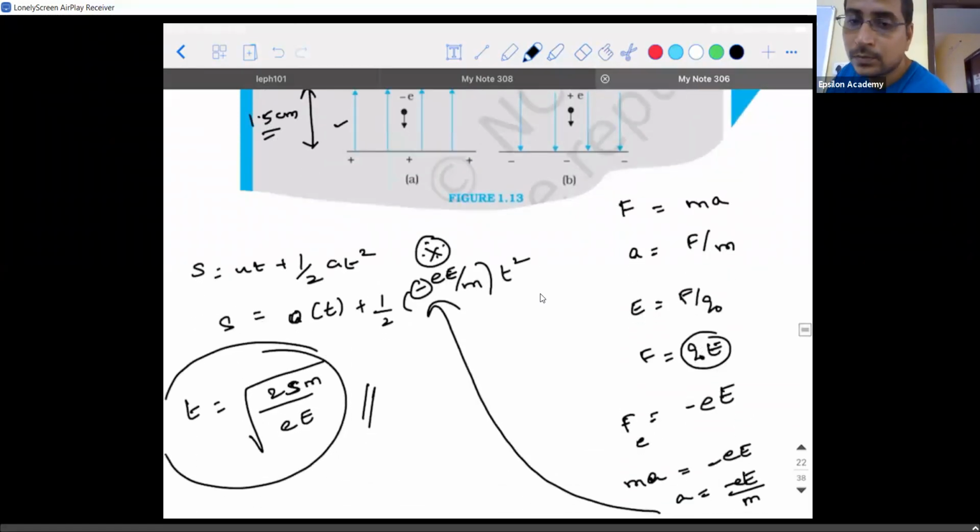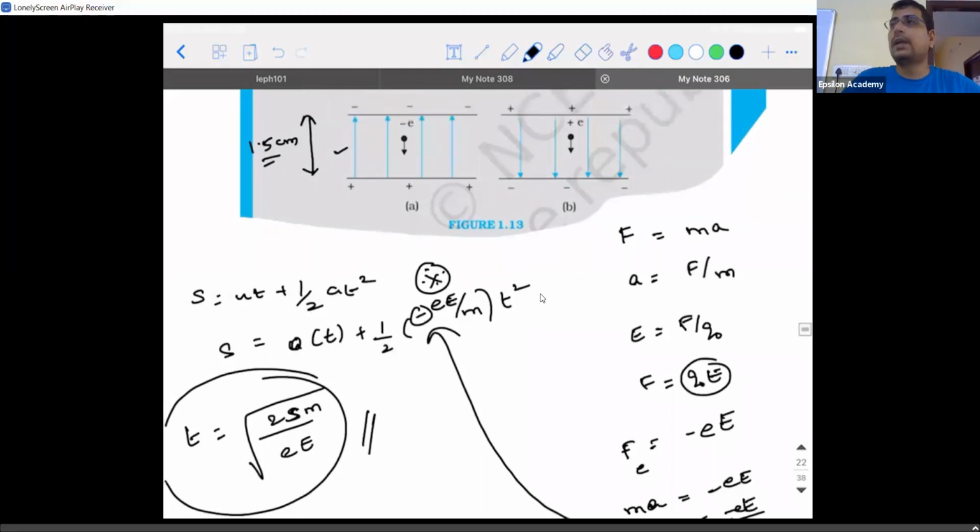Okay. So I want you people to try for proton. And if you observe, do you think both will give you the same value? Look at the parameters on which the time is dependent. It is dependent on the distance it is traveling, mass of the particle, charge of the particle, and electric field. So what are all the common things in both the cases? Electric field is the same. Charge of a proton and charge of an electron are the same. Distance through which they are traveling is the same.